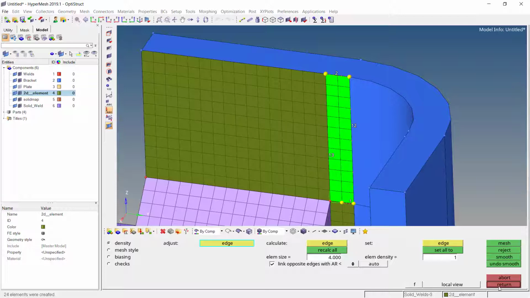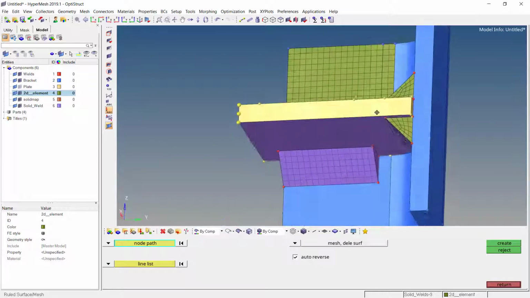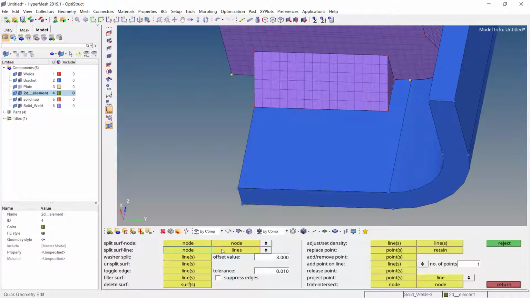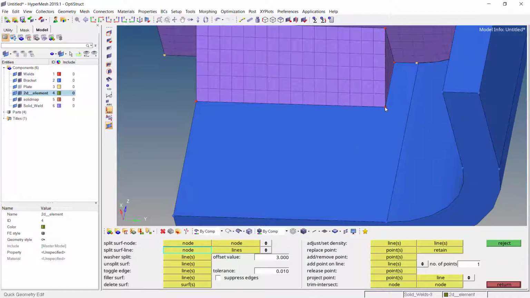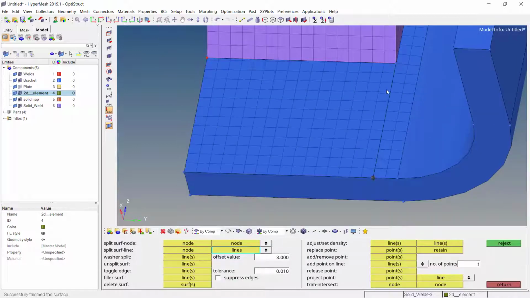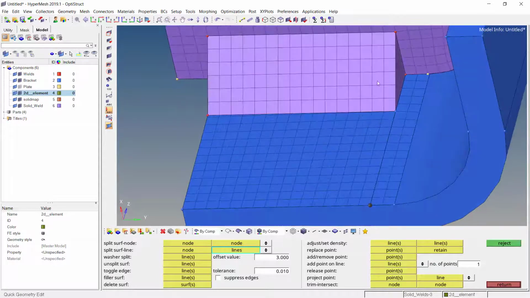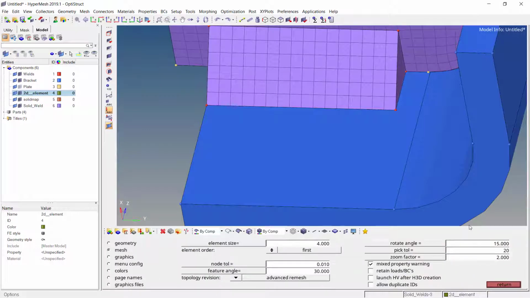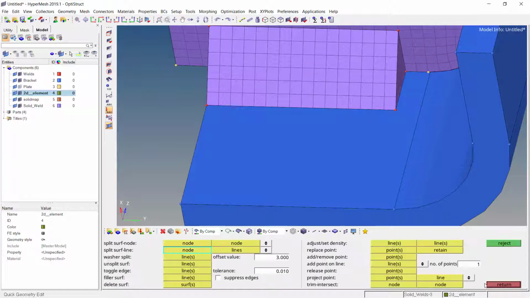Once the mesh has been placed, set it to return, and now we will have to do the same mesh at the bottom also. Go for F11, or W in your case. Select this node and this one. As you can see, currently the mesh has already been placed. Set it to reject because I don't want HyperMesh to put the mesh. So again press O on your keyboard. Under the topology revision, set it to keep mesh. Go for return and again go for quick edit.